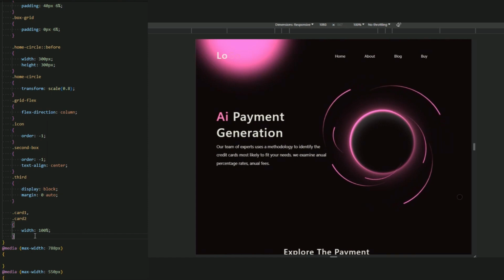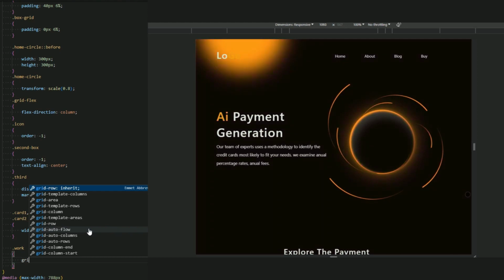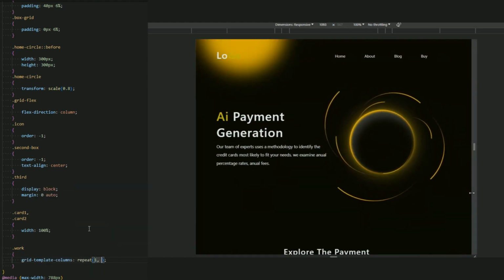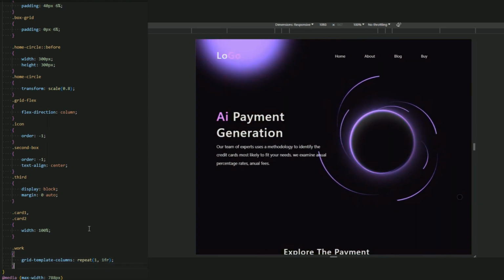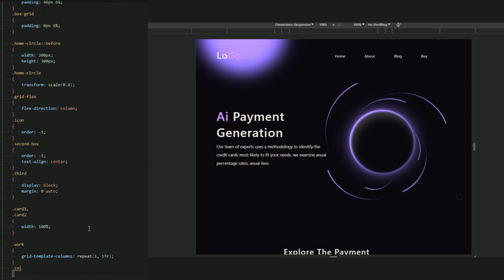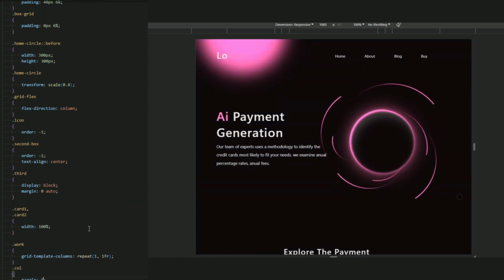And for the work and the cool, for the work let me add a grid template columns repeat 1, 0.4. For the cool of this space that we had a margin, let me just decrease it again, margin 0 pixel 30 pixel.